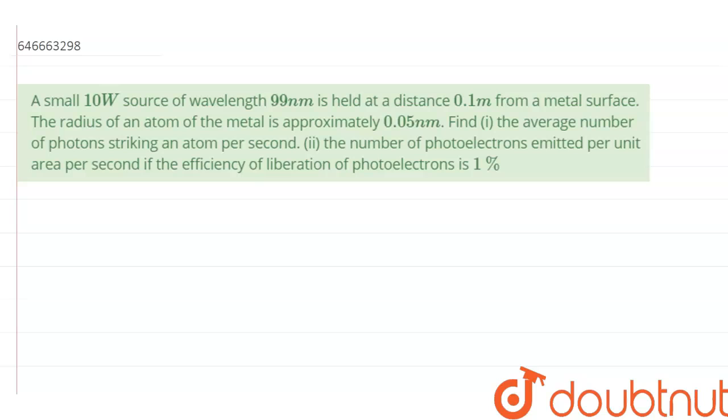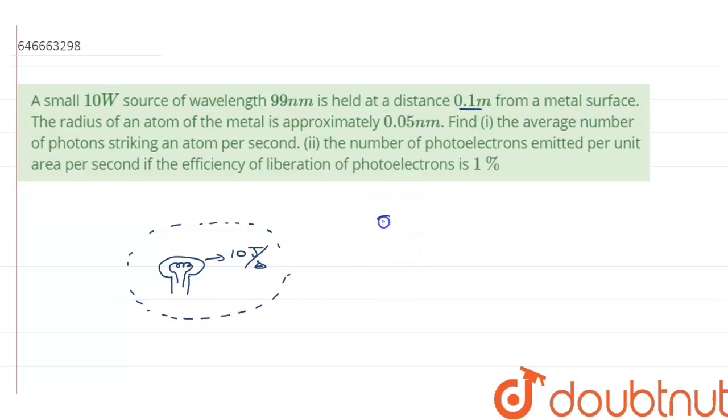So a small 10-watt source. Let's say this is your small 10-watt source, some form of a bulb. It is emitting 10 watt, so that means it is emitting 10 joules per second. Now let's say that this energy is being absorbed in a spherical region around it. So if this spherical region is at a distance of 0.1 meters, so the energy that will be absorbed per